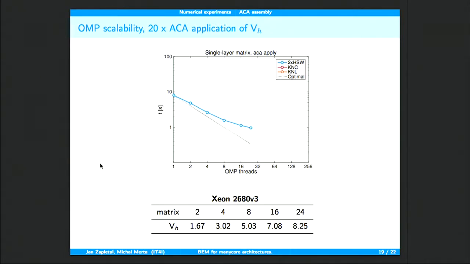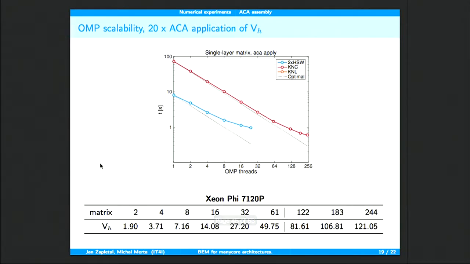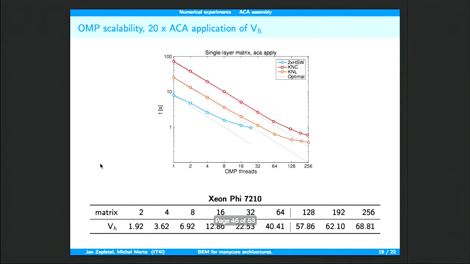What I was really surprised about was this KNC. We get up to 120 speed up if we employ all cores. So the scalability looks really, really nice, and we don't get these results even on KNL. And this is the only case where we use the KNL in the cache mode, because this is the test that we performed a couple of days ago, and here we can get a speed up of 68, so bigger